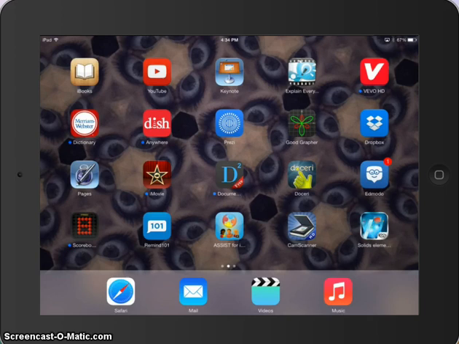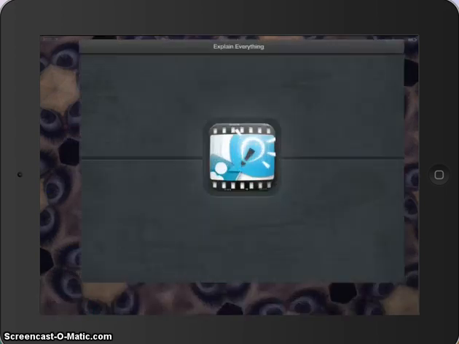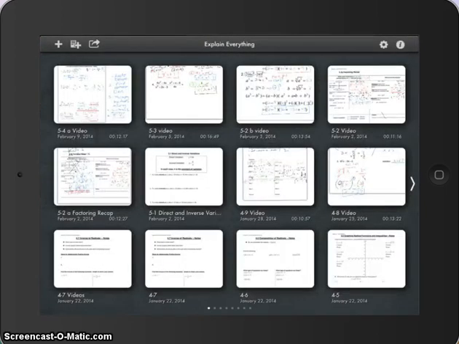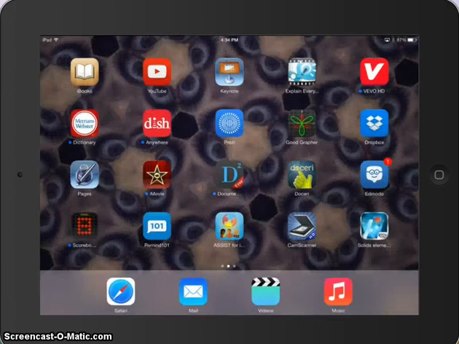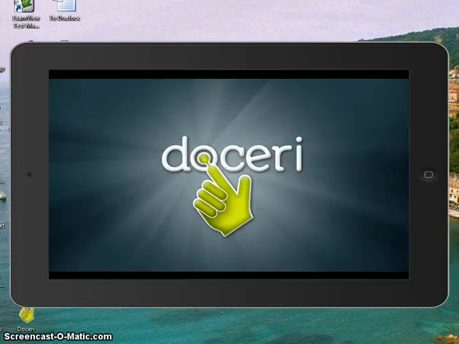you can use another app called Explain Everything, and you also can get that from the App Store. Doceri is for free, but Explain Everything costs up to $3. Again, if you'd like to use my iPad, let me know and I can lend you that. Now, for Doceri, if you'd like to use this app,